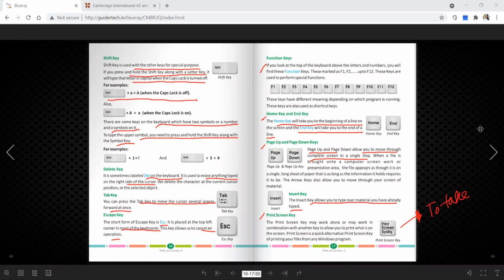Okay, screenshots you all know, means whatever we can see on the screen, if we want that in picture format, like the way I'm sending you all the study material, for that we use the print screen. Okay, today is up to this. From next class we will read the next part. Please give a nice reading and let me know if any kind of problem is there.